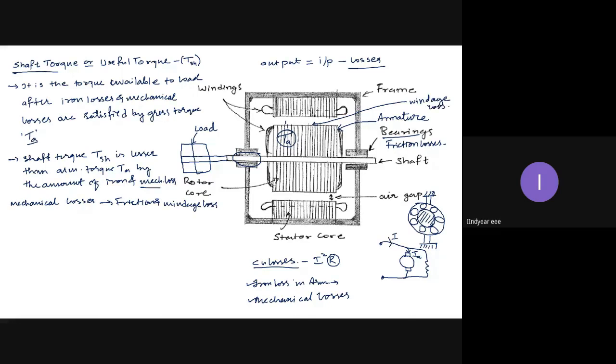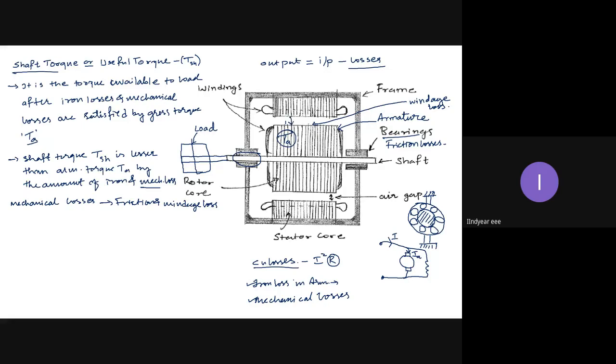You may ask, how come in the air gap losses will occur? Remember, windage loss is a loss that is occurring due to the friction between the air in the air gap and the rotor surface. Windage loss, okay, is occurring because of the friction between air in the air gap and the rotor surface. Now we may be surprised. How come there can be a friction between a rotating heavy body and air? Okay. Why the friction occurs here in the air gap is because the air gap is very small.